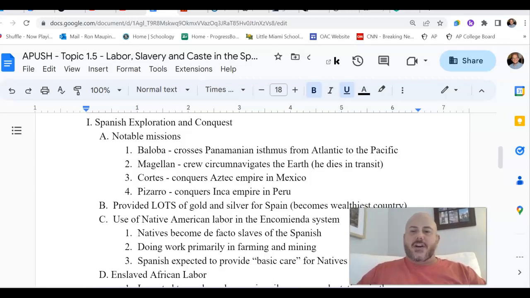Of course, we've already talked about how disease will play a critical role in devastating the Western Hemisphere's natives, but there's going to be more to it than just disease that is going to really devastate native societies in the Western Hemisphere as a result of the Columbian Exchange. And a lot of that is going to be tied to what is going to become the colonial system set up by the Spanish.